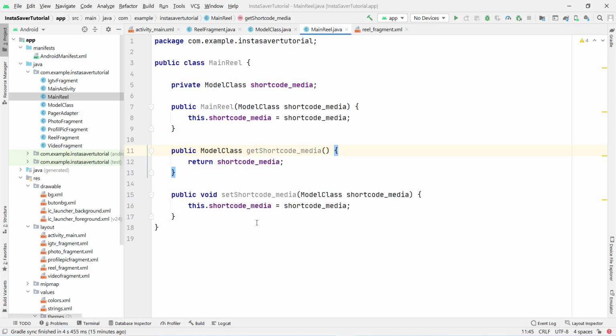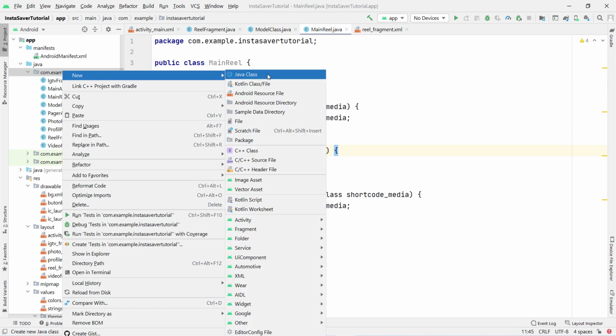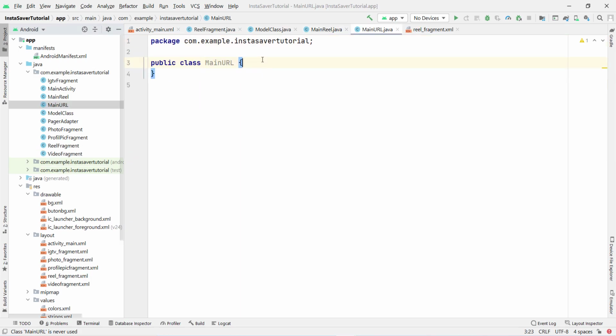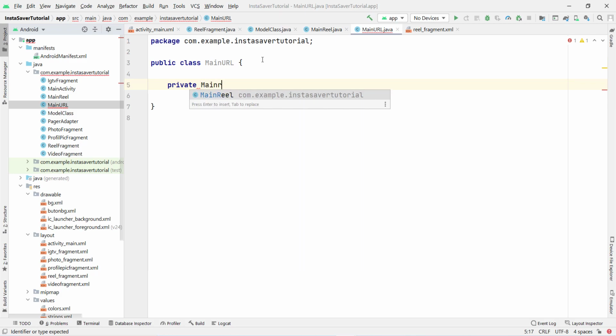So this is done. Now at last what we have to get is the graph URL, or we can say GraphQL. So right click on your package name, then new, then click on Java class and give the class name. You can give any class name, it is your choice. I am giving the class name main URL, because it is going to return the final URL, and inside this the type of the GraphQL is main reel type, because shortcode media is present inside our GraphQL, so that's why main reel